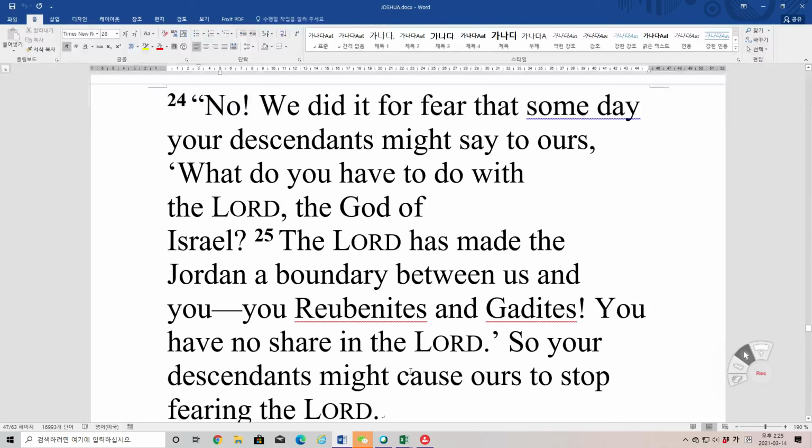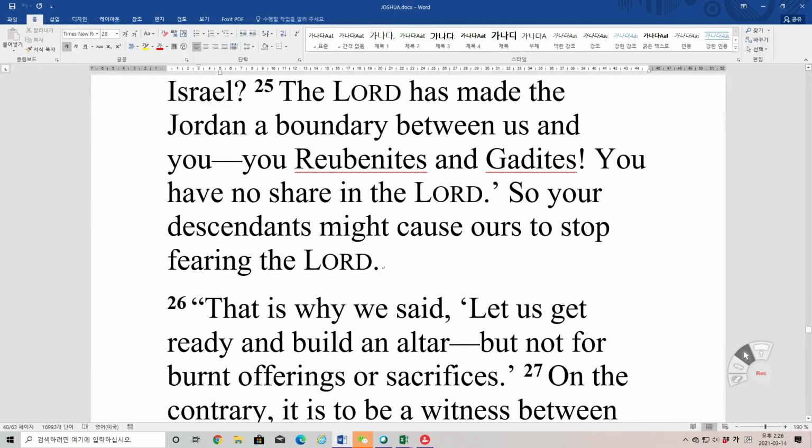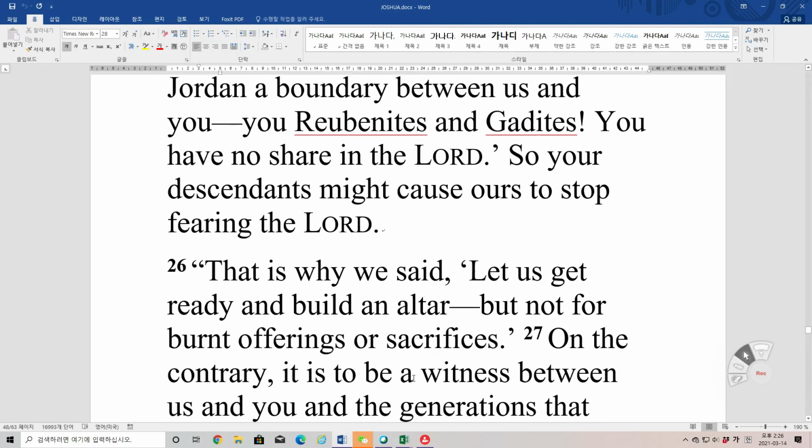No, we did it for fear that someday your descendants might say to ours, 'What do you have to do with the Lord, the God of Israel? The Lord has made the Jordan a boundary between us and you. You Reubenites and Gadites, you have no share in the Lord,' so your descendants might cause ours to stop fearing